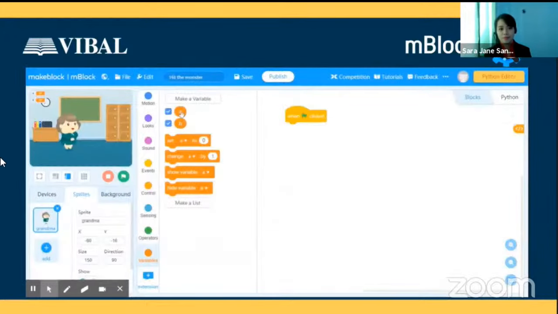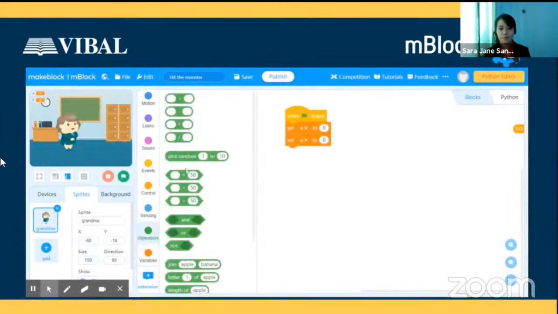So, para saan tong variable na to? Well, just as any variable. So, gagamitin natin siya to represent a number. Okay? So, for example, when flag is clicked, okay, set A to, and then isa pang set A. Yan. Since ito, set A to random numbers. Yan. So, pick a random number. Pasok natin yan dyan. And if your topic is about adding numbers up to 100, then pick a random number from 1 to 100. And then the other one naman, set B. Okay. And then pick random numbers from 1 to 100.